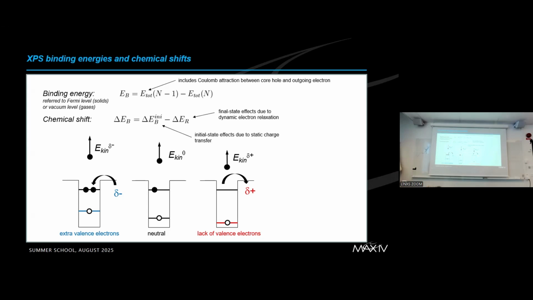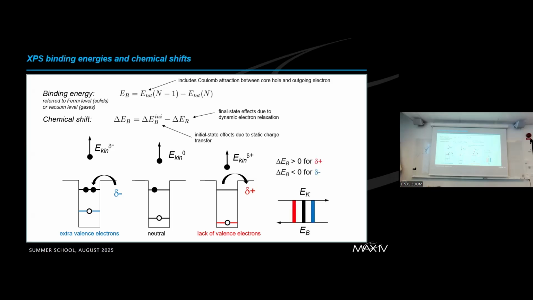And if you have a lack of electrons, so electrons are dragged away from the system or a neighboring atom, for example, then the attraction with the core hole is larger, and the kinetic energy of the outgoing electron is